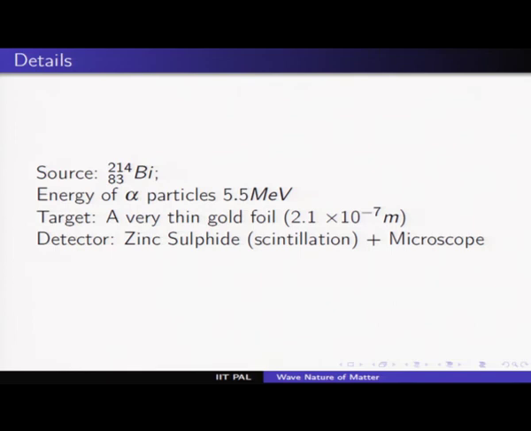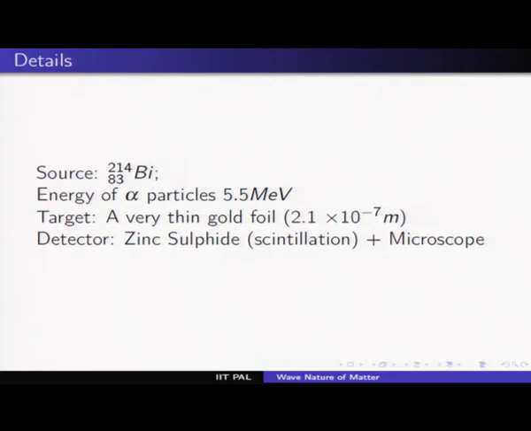So he took this radioactive source, bismuth-214 with atomic number 83. So in modern language, it has 83 electrons, and the total number of protons and neutrons is 214. So that means there are 83 protons and the rest are all neutrons. That is something that we should remember, that the number of neutrons is in large excess over the number of protons. In fact, it is more than twice. That is what you have. So he took the source. I don't remember what the half-life is. Let us not worry about that.